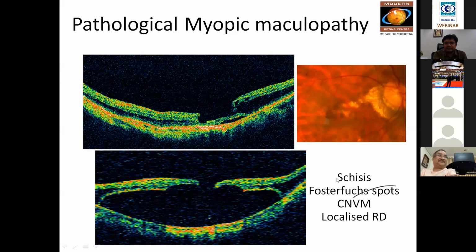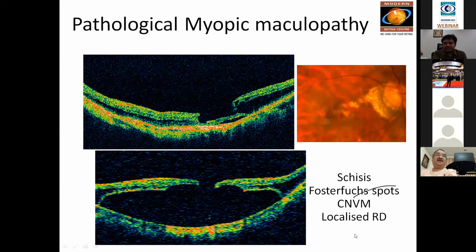This is foveal schisis. Sometimes you may get red hemorrhagic spots at the center of the fovea. It's not clearly seen here, but there is a small hemorrhage there. That is nothing but Foster-Fuchs spots. And if there are Foster-Fuchs spots, they could either resolve spontaneously or develop into a CNVM. So if a patient with myopia comes with a sudden drop of 1 or 2 lines, we should always look for this. And if there is something, we closely follow these patients for development of a CNVM on progressive serial OCT scans.